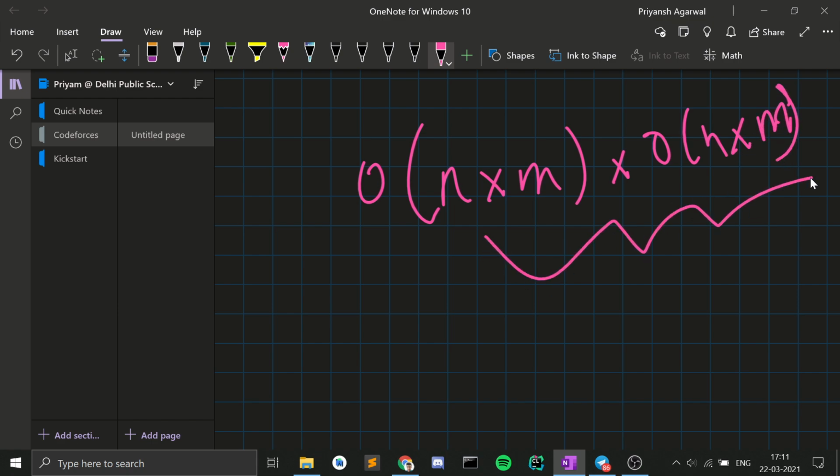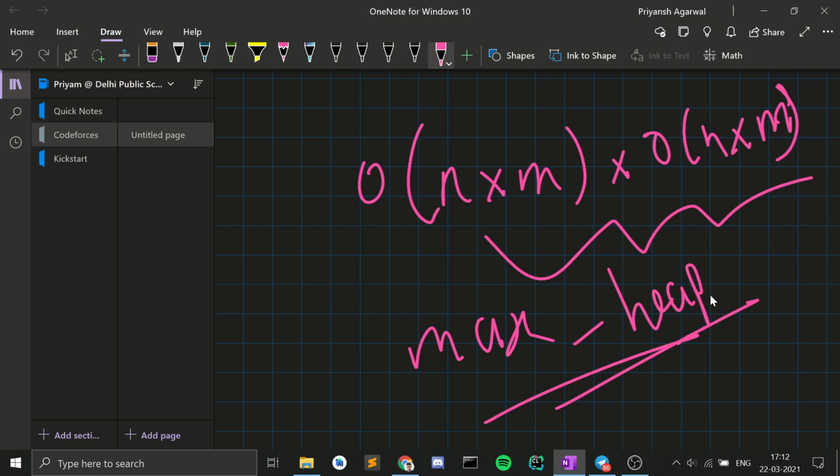But what you can do is, since we only have to find the maximum value at every point, we can maintain some sort of a max heap, right? And that max heap will return us the maximum value at every point in order of 1. Insertions inside this max heap will be in order of log of n into m.